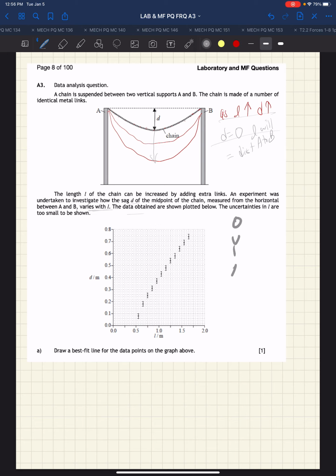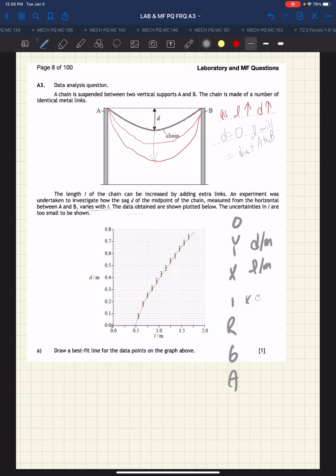O-Y-X-I-R-G-A. The origin, 0, 0. That's good. Y-axis is distance in meters. X-axis is length in meters. Oh, interesting. There is an x-intercept, which we could determine after drawing a best fit line through the data. So something like that. So the x-intercept is at about,